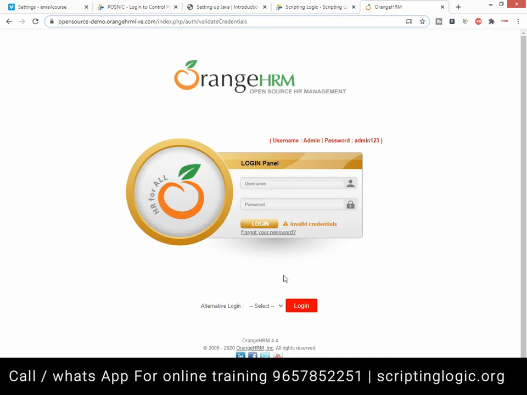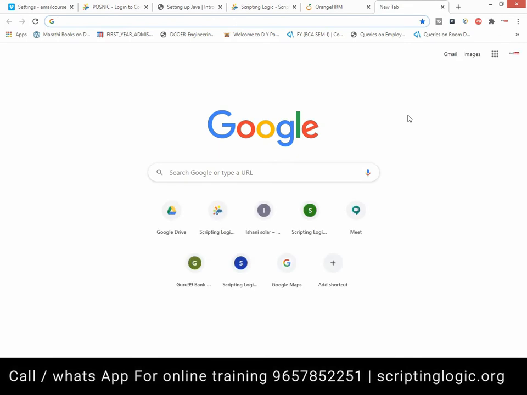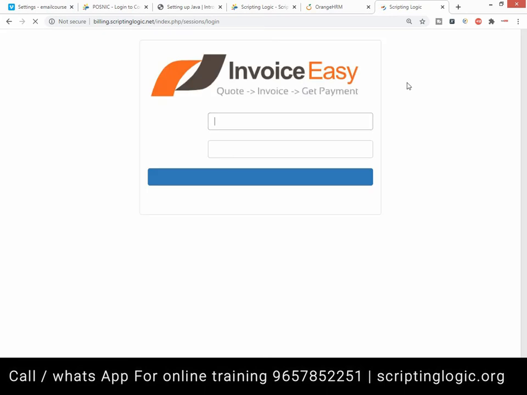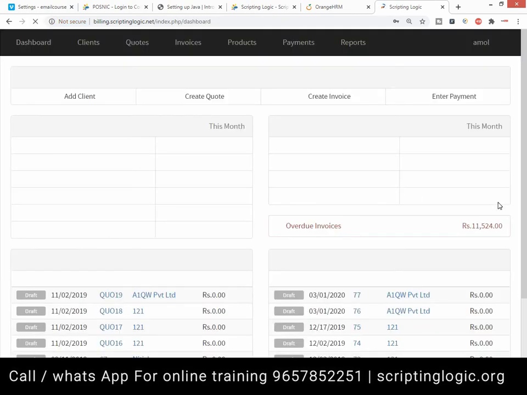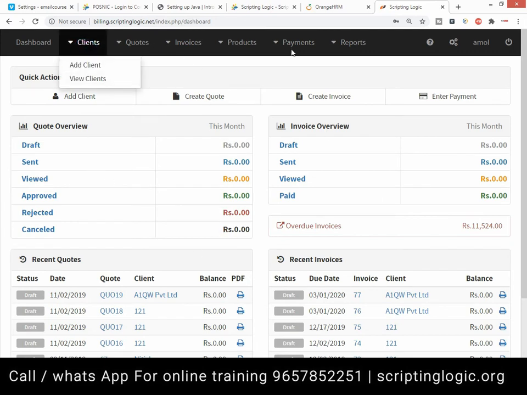Next, I'm going to move to download one of the projects, and this is Invoice Plane. This is a billing software that we have been looking at since we started practicing. Here the username is entered, then the password is entered, right? And here there are several applications. It is hosted on my own servers. Now we are going to host this application onto your machine, so I'm going to demonstrate how to do that.